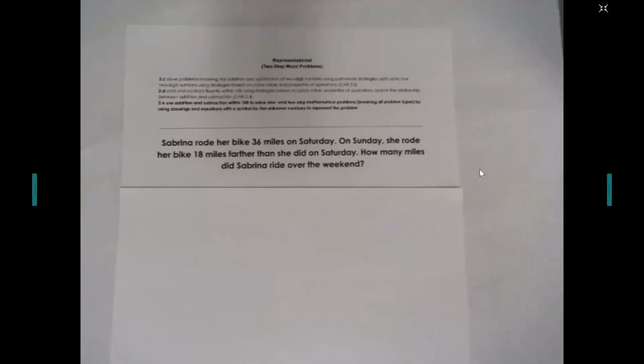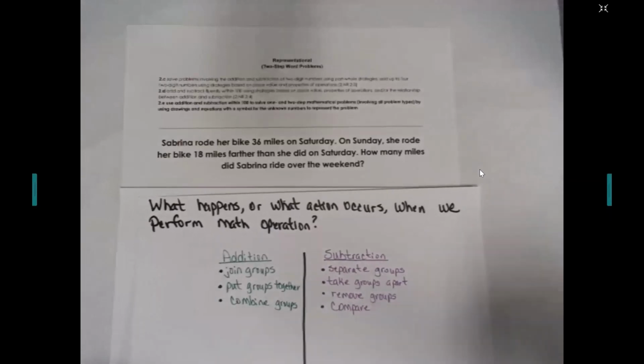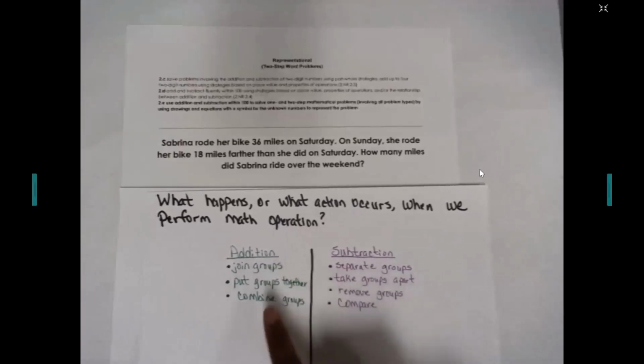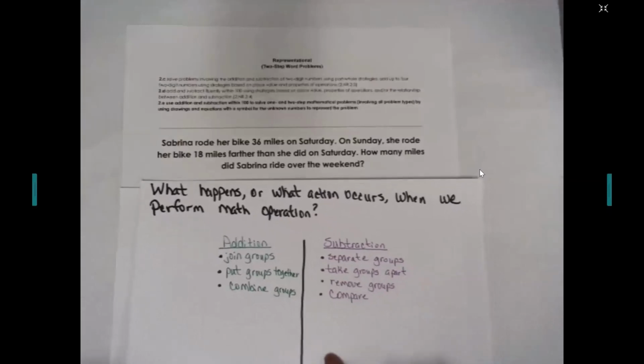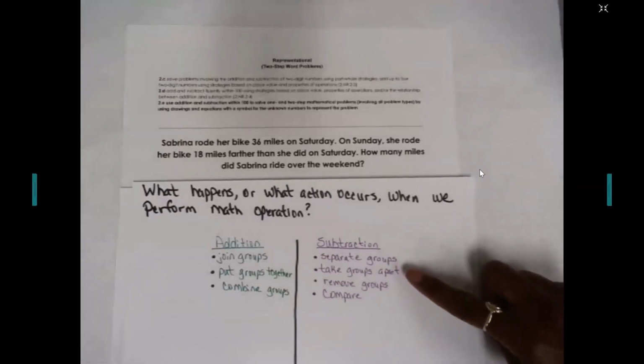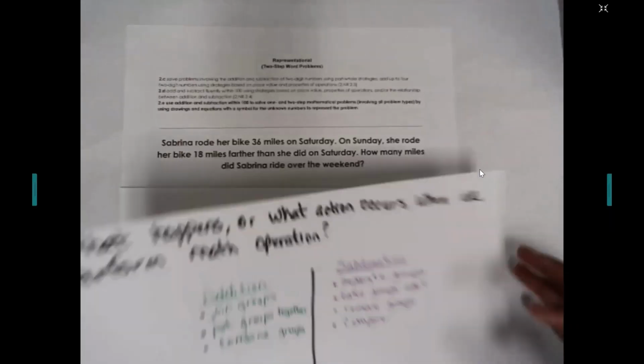So in thinking about this problem, I need to make sense of what's happening. We've learned we really need to focus in on what's happening in the problem. We can keep in mind our chart that we made, addition situations and subtraction actions that occur in a problem. We talked about addition is joining groups, put groups together, combine groups. And subtraction, you'll see actions like separating groups and taking groups apart, removing groups, or even comparing. So let's take a deeper look